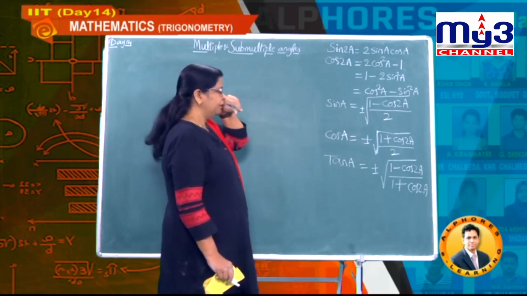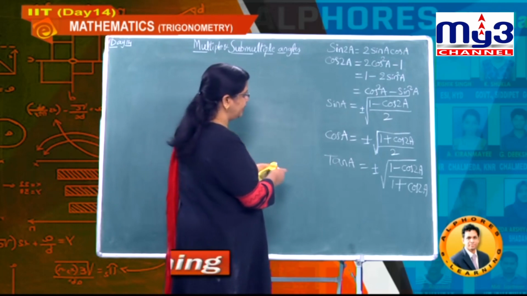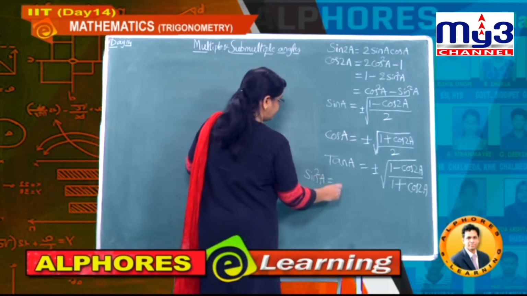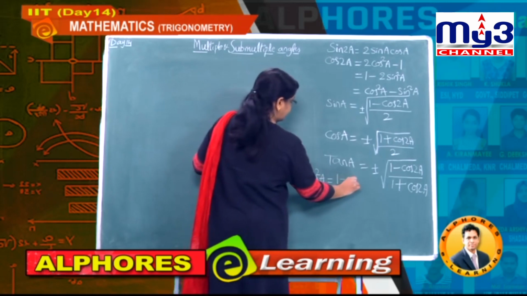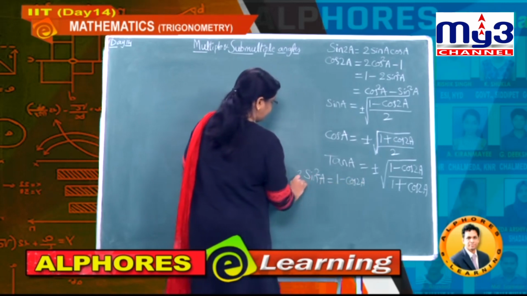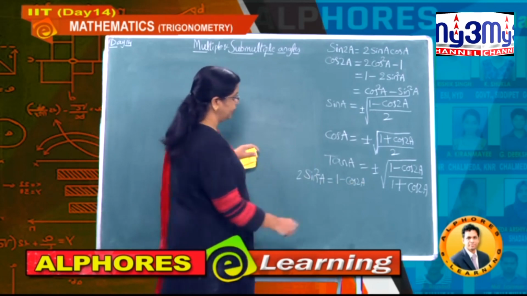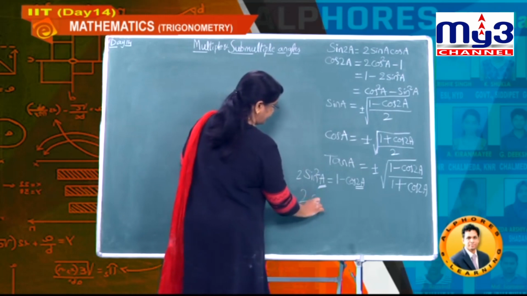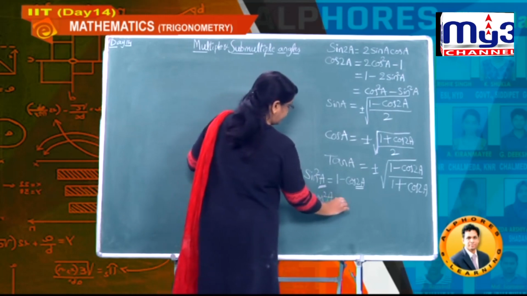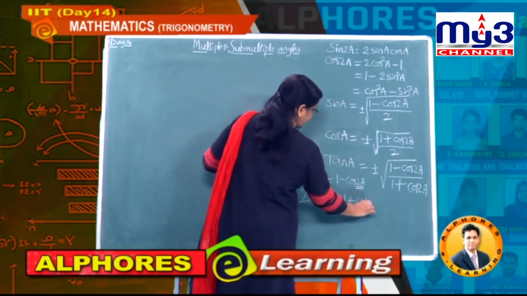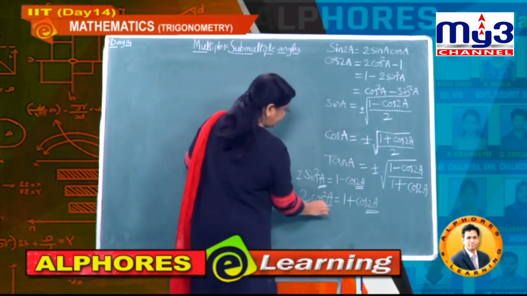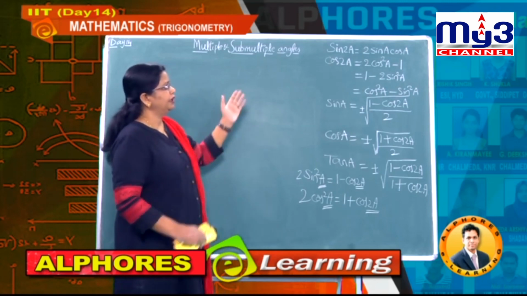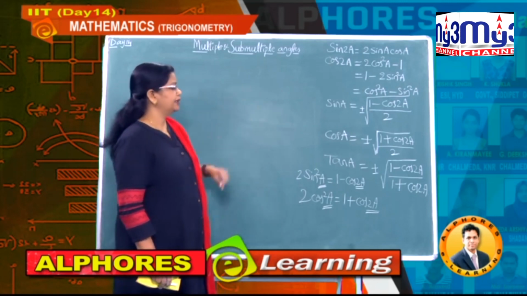Okay. So here this formula, that means what we are adding extra students here, sin square A equal to how much? It is 1 minus cos 2A divided by 2, or you can use 2 sin square A. Here observe, this is A and this is 2A, and 2 cos square A. What is the formula? It is 1 plus cos 2A. So this is twice the angle and it is A. So now these are some formulae in addition to sin 2A, cos 2A, etc.